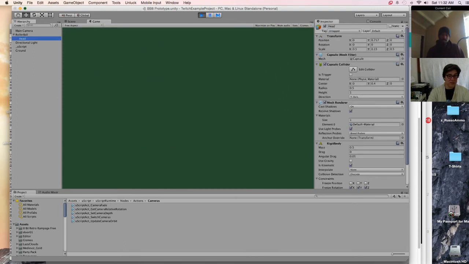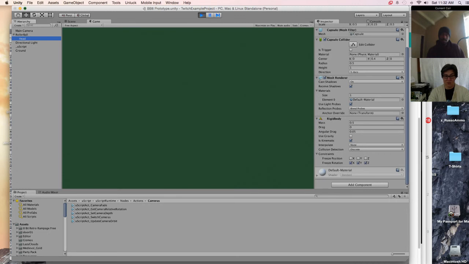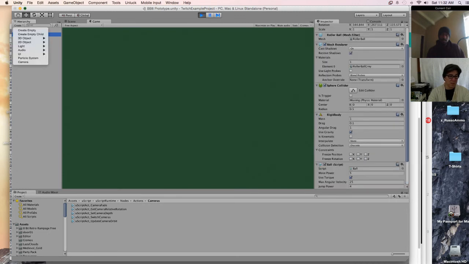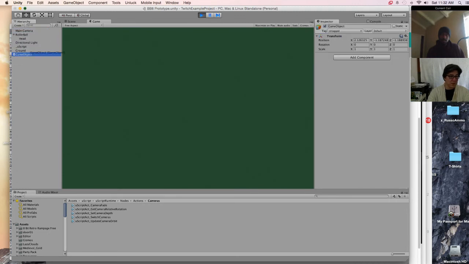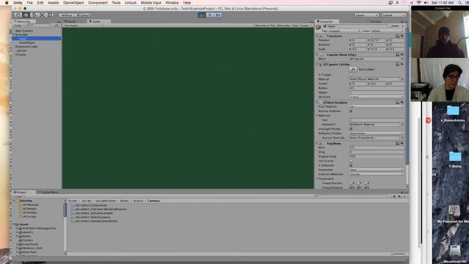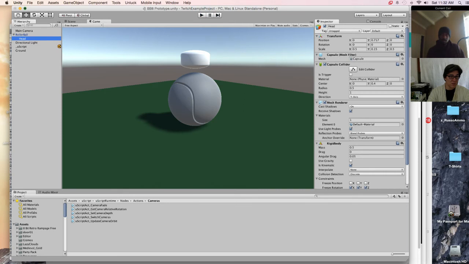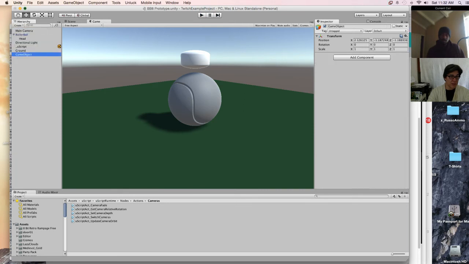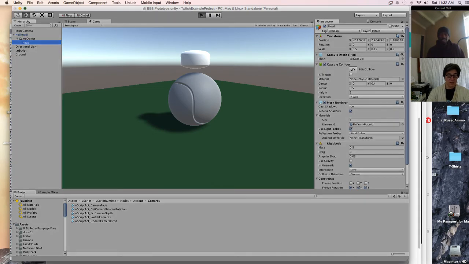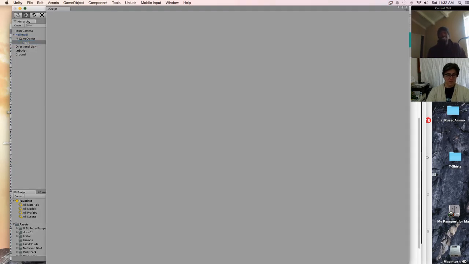But now that it doesn't pay attention to gravity and we don't have a joint anymore, I can come back and do create empty, attach this to the roller ball, have the head attached to the game object, and whoops, sorry, I did that with the play on, so it's not going to give me that edit. It won't save it. I hate when I forget that.